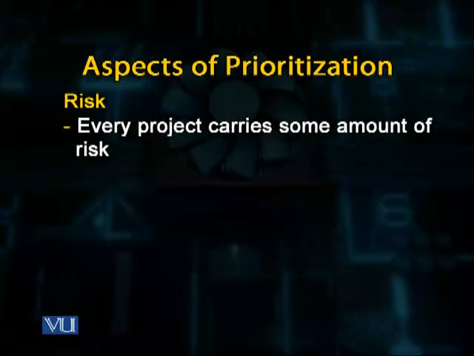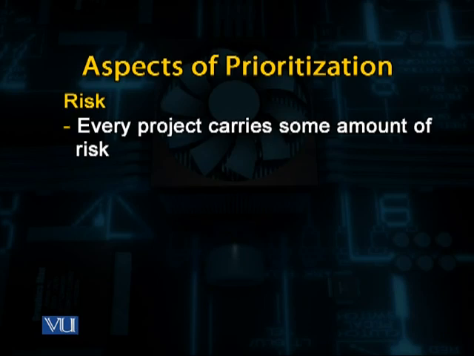اسی طرح ایک رسک ہے، ایوری پروجیکٹ کیریز سم اماؤنٹ آف رسک، اور نیچرلی ہر ریکوائرمنٹ کو جب آپ امپلیمنٹ کرتے ہیں تو اپنے اسکوپ کے اندر اس کے ساتھ بعض رسکس ایسوسیٹڈ ہوتے ہیں۔ بعض ریکوائرمنٹس کے ساتھ زیادہ رسک ایسوسیٹڈ ہوتے ہیں، بعض ریکوائرمنٹس کے ساتھ نسبتاً کم رسکس ایسوسیٹڈ ہوتے ہیں۔ تو ہر ریکوائرمنٹ کے جو رسکس ہیں ان کو بھی آپ نے اینالائز کرنا ہوتا ہے، اور ایک رسک میٹیگیشن پالیسی بھی ریکوائرڈ ہے ہر پروجیکٹ کے لیے، کہ ہر ریکوائرمنٹ کے ساتھ جو رسکس ہیں ان کی میٹیگیشن کے لیے آپ نے کیا سٹیپس یا کیا پالیسی بنائی ہوئی ہے۔